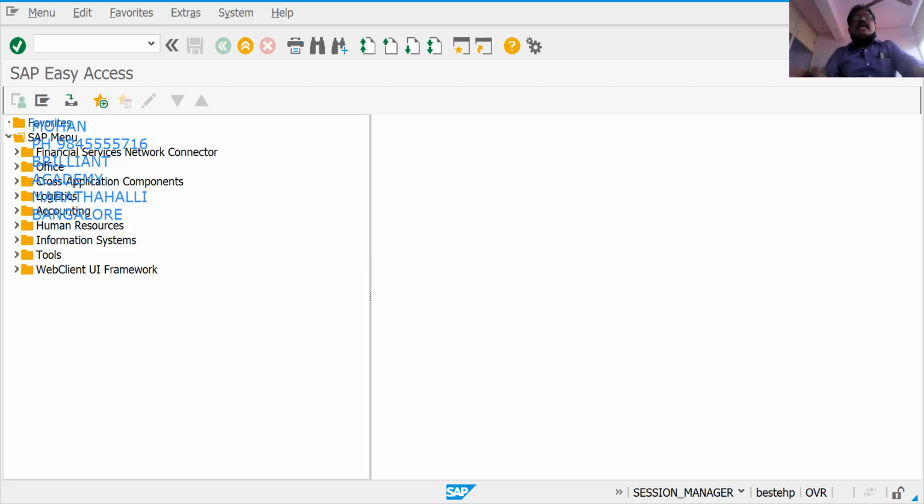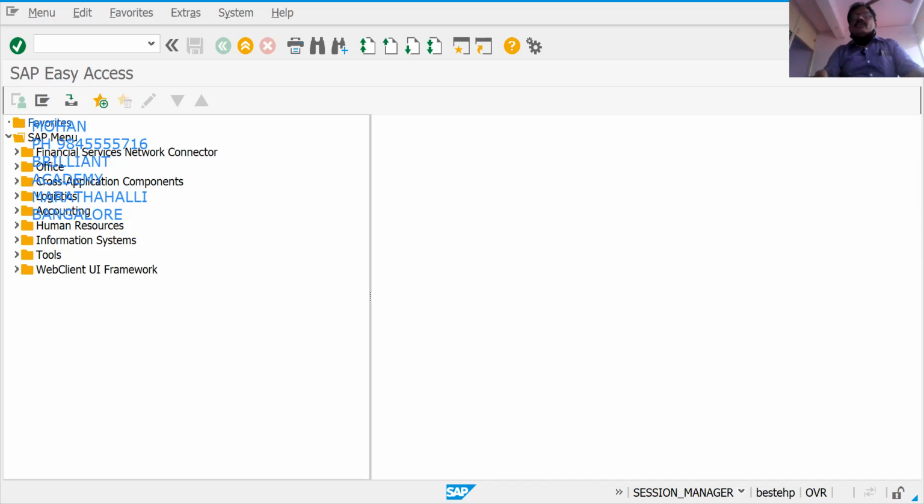And the accounts to be created here: surplus in profit and loss account under the reserves and surplus group, equity share capital, and cash account under current assets, loans, and advances. We need to create three accounts here. Before that, we already did the first step. What is that first step? Try to understand. SPRO, financial accounting, general ledger accounting, general ledger account, master data preparations. We are creating the chart of accounts. The transaction code is OBD4.